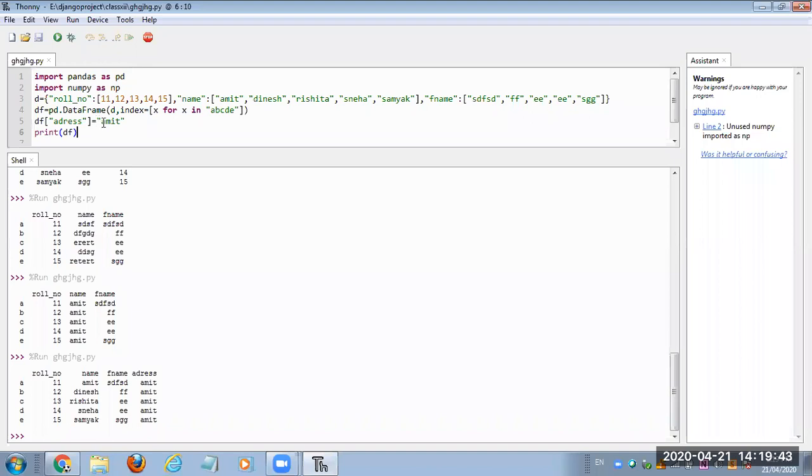Here you can provide individual values also. Suppose 5 values, like the addresses, Kota and so on, because there are 5 rows, so we have to provide 5 values.